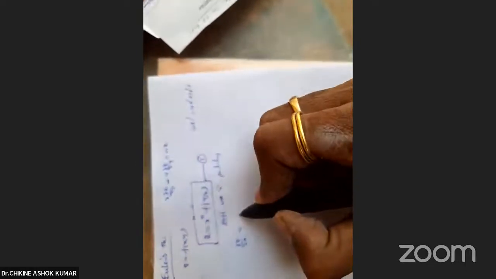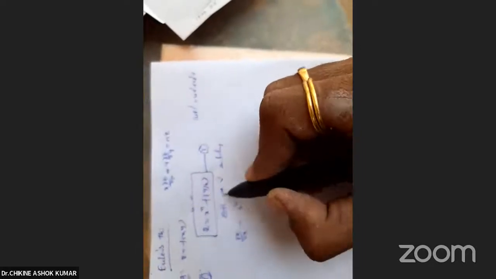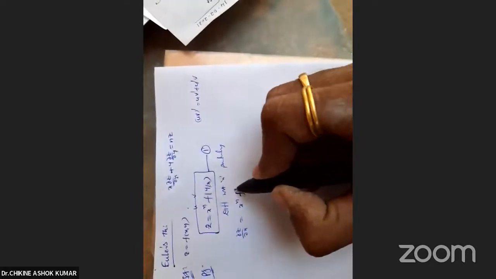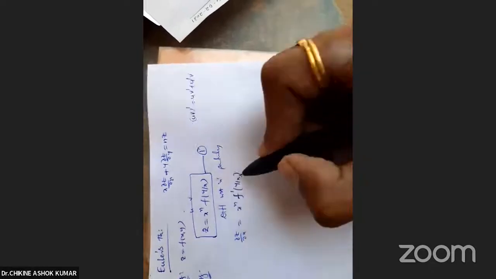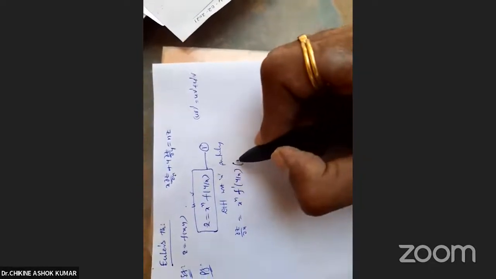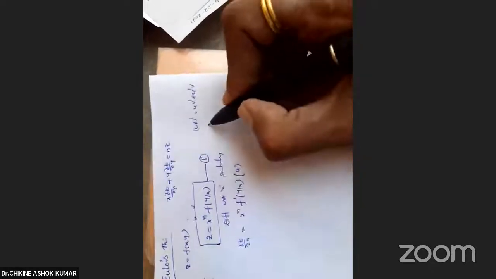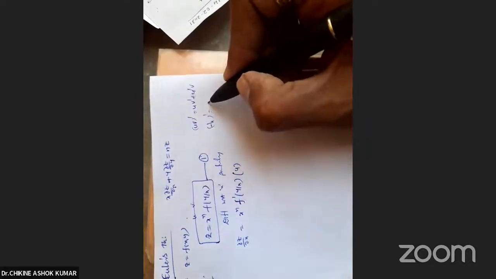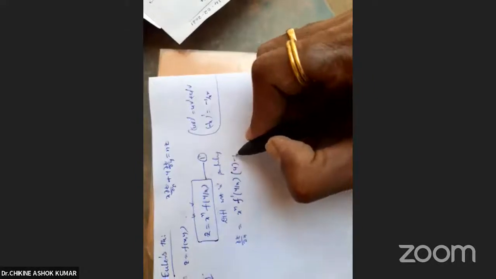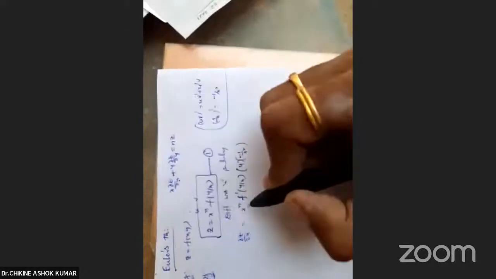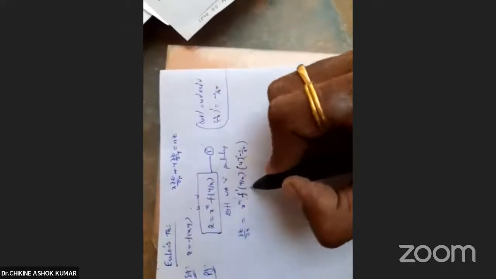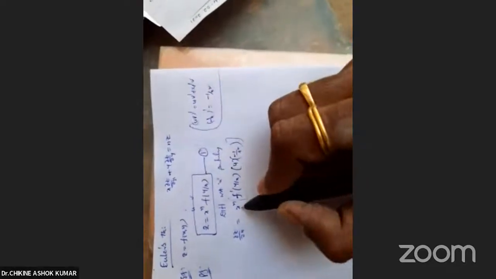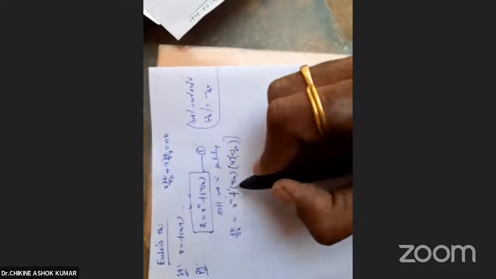So x power n into the differentiation of f of y by x. First, for the outer function f, it is f dash of y by x. For the inner function, y by x, y is a constant. So for 1 by x, what is the differentiation of 1 by x? Yes, minus 1 by x square. So this is minus 1 by x square. So x to the power n, this is completely u into v dash. For outer function f, it is f dash of y by x; for y by x, y is a constant; for 1 by x, minus 1 by x square, plus